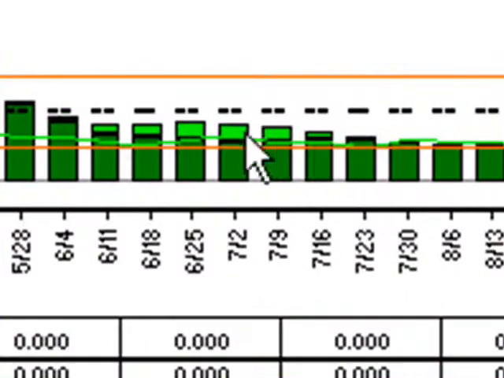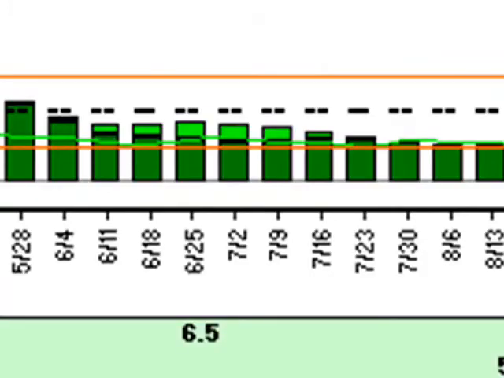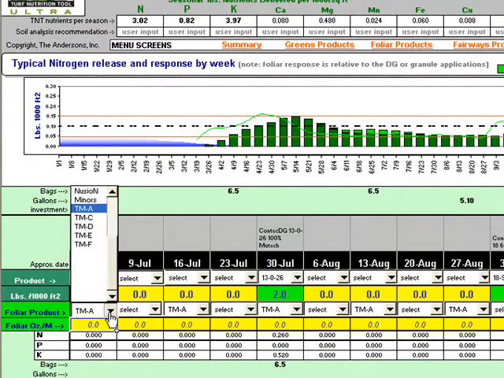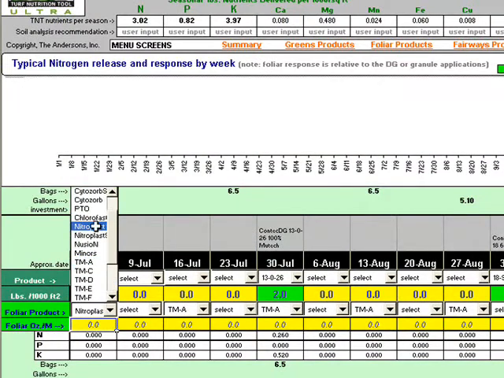And you'll start to see these light green bars build on top of the dark green bars, and that represents the foliar response to my foliar program, in addition to the nutrition that I'm feeding the roots. I still need more throughout the summer months, so I'm going to come back here in July, add some more